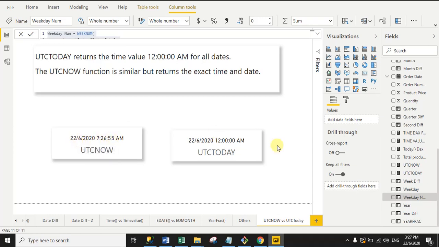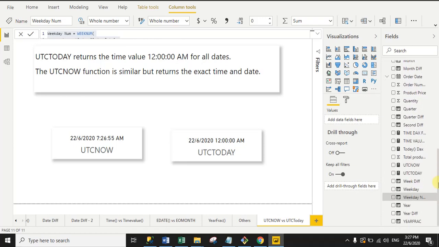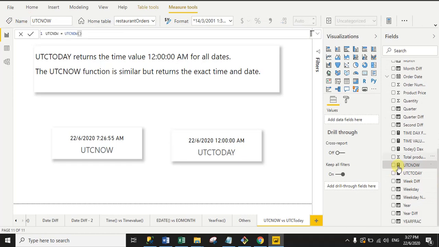Now I will show you the measure for both. This is UTC now. Simply I write the DAX function UTC now, then open the bracket and close the bracket, then click commit. Now I will show you the UTC today measure. I simply write UTC today and then open and close the bracket.